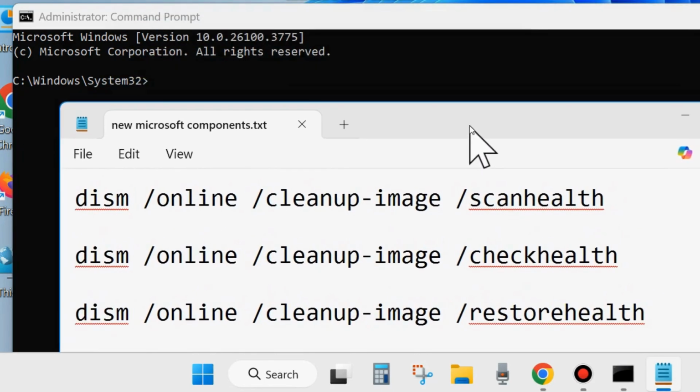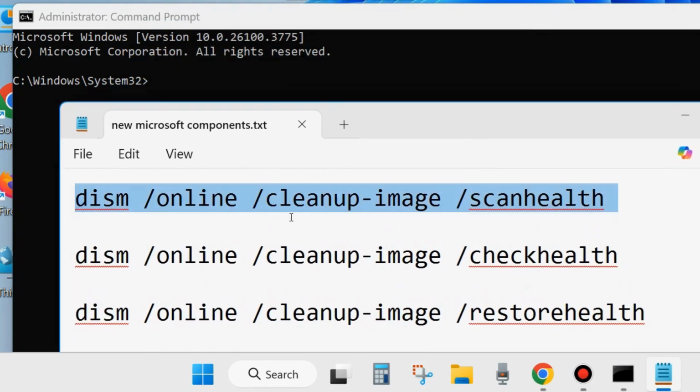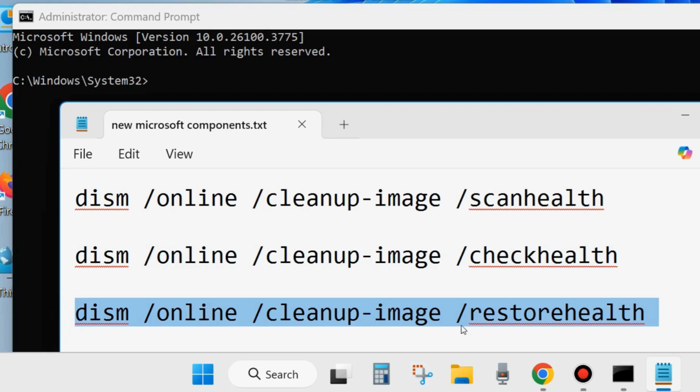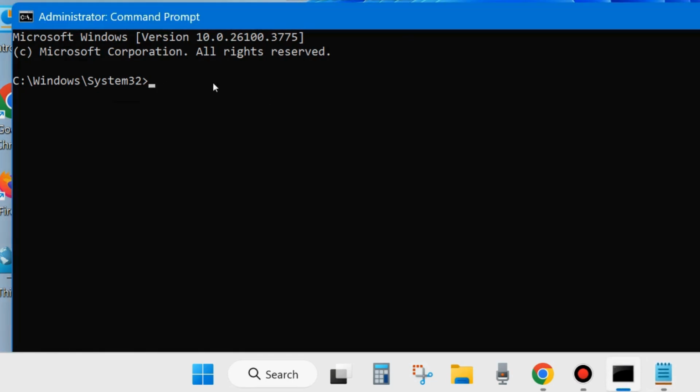Execute all these three DISM tool commands one by one in command prompt windows. DISM online cleanup image scanhealth, DISM online cleanup image checkhealth, and DISM online cleanup image restorehealth. Execute all these three commands one by one, followed by enter key each time, and thereafter execute the command